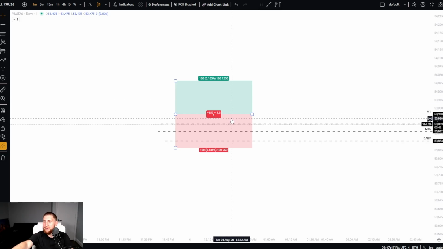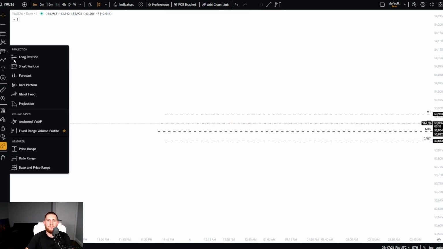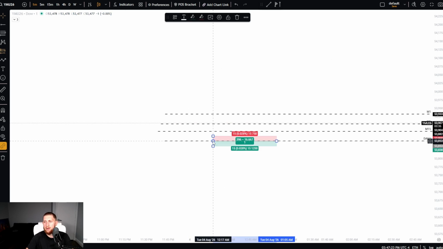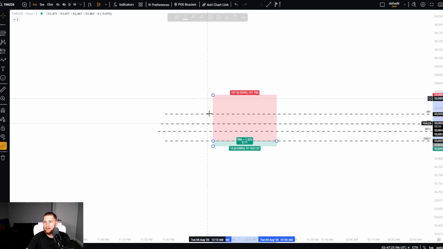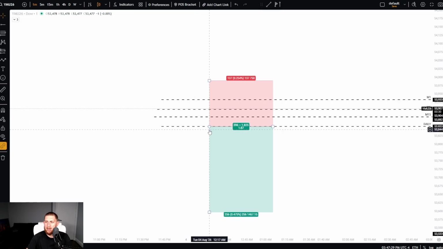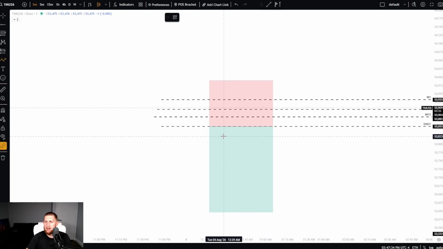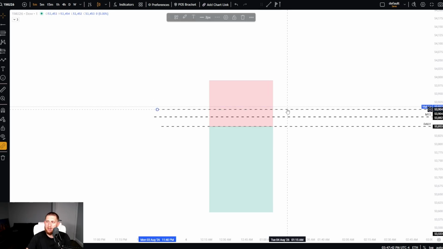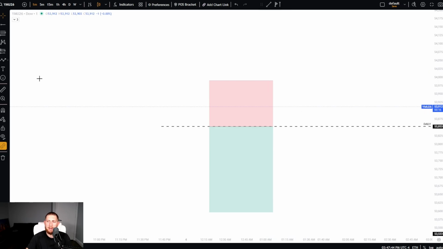Now, that example right there was on a level of demand, but it would be the same thing if we were talking about a level of supply. So if I just dragged this up and did this, look at this. Four time frames in confluence. You see how much higher probability this looks because we have all these opportunities for price to reverse and go into profit. But if I deleted, let's say this one, and this one, and price goes above it,